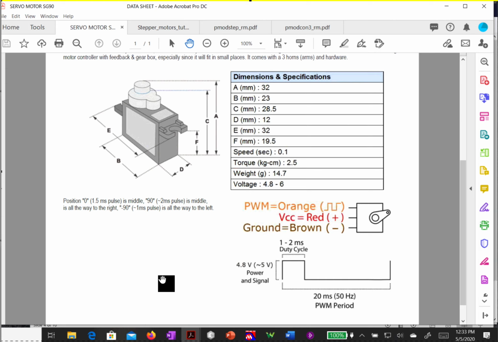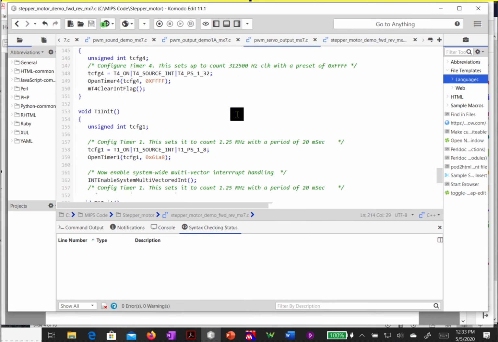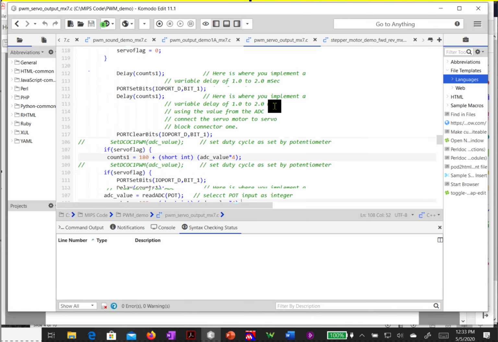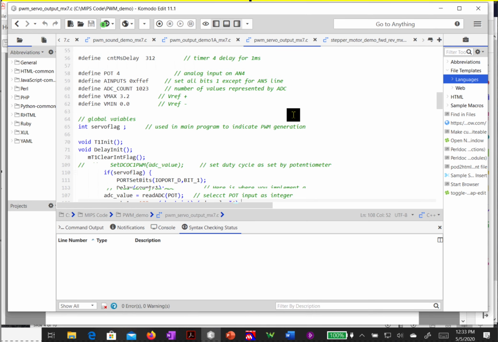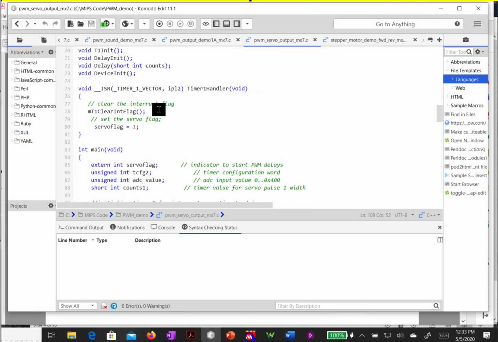We talked about using timers to do this, and just to revisit what we're doing with the timers is as follows. So we come over here to our program, and what we're going to do is we're going to use a timer that is basically going to generate an interrupt every 20 milliseconds. So our interrupt service routine in this case is going to be very straightforward. We basically just clear the interrupt flag, and we set another flag so that we know it's time to start the sequence of our timer,